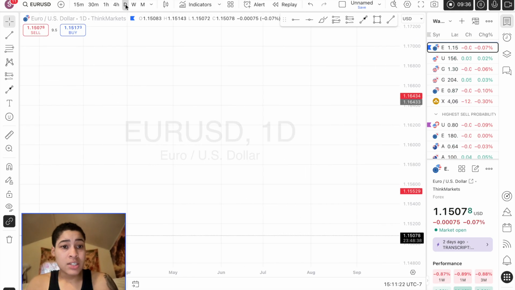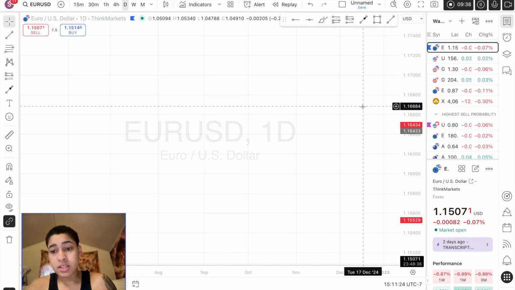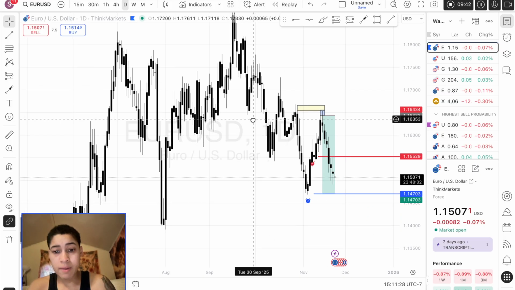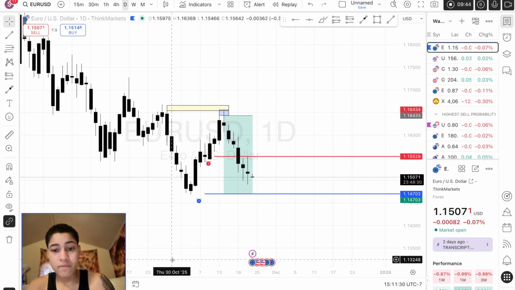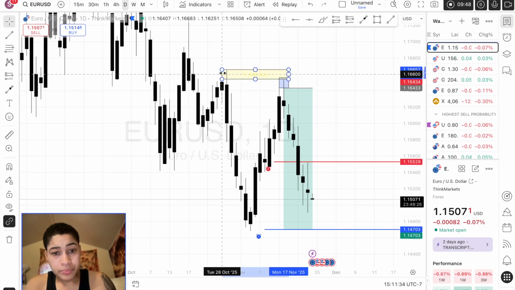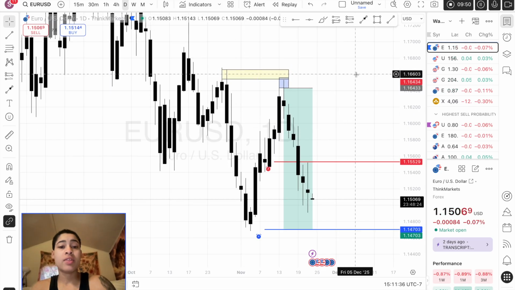Now, how did I find that zone? I'm not going to touch it because, like I said, this is a live trade I'm in. This is a live markup, so I'm not going to fumble with it because I'm going to take notes later. Cool. So I see on this daily